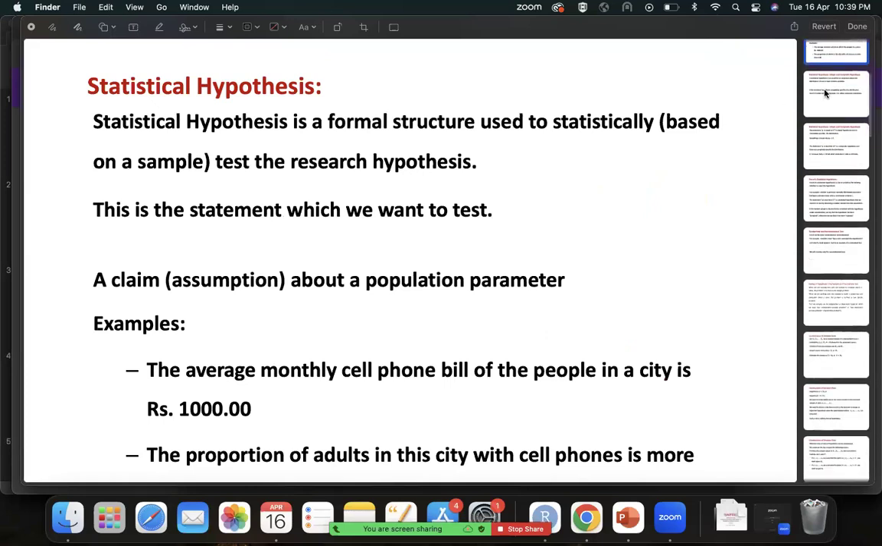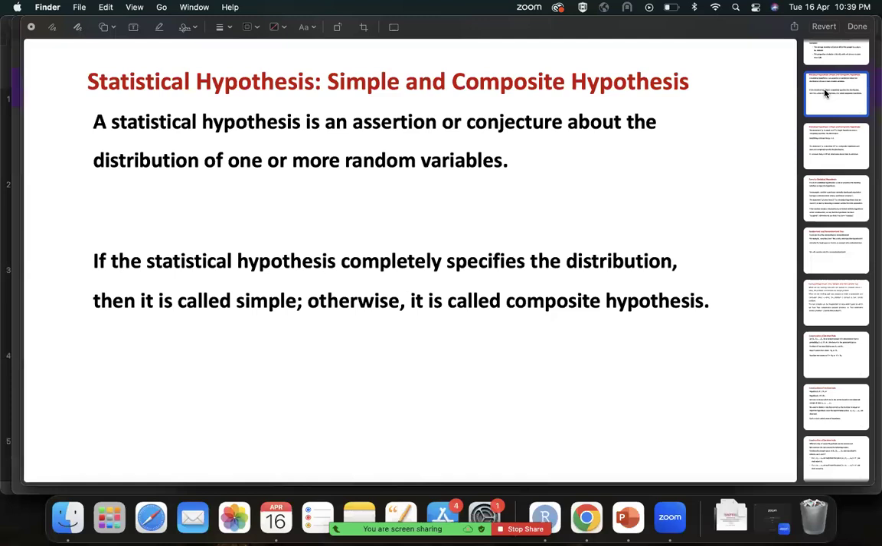Yeah, just all this. Yeah, I'm having a problem with sharing across my iPad and laptop. I'm not able to. Okay, so anyway, so like when you speak about statistical hypothesis, it is an assertion about